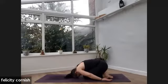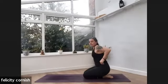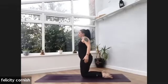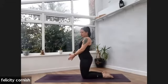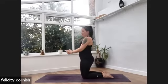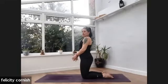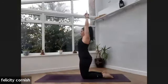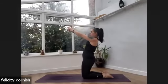And then slowly rolling up here, coming into our high knees position. So anchoring through the top of the feet, feet are level with the hips. Bringing the hands in front of you, and again coming into that steeple grip, so the index finger pointing away. Strong foundation here. So we're going to inhale, reach the arms up above the head. Navel draws in. Exhale, as we breathe out, our hands are going to come level with our heart, and we